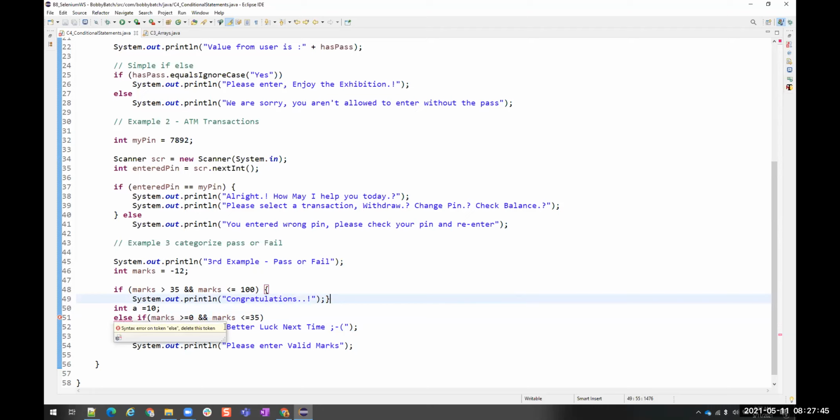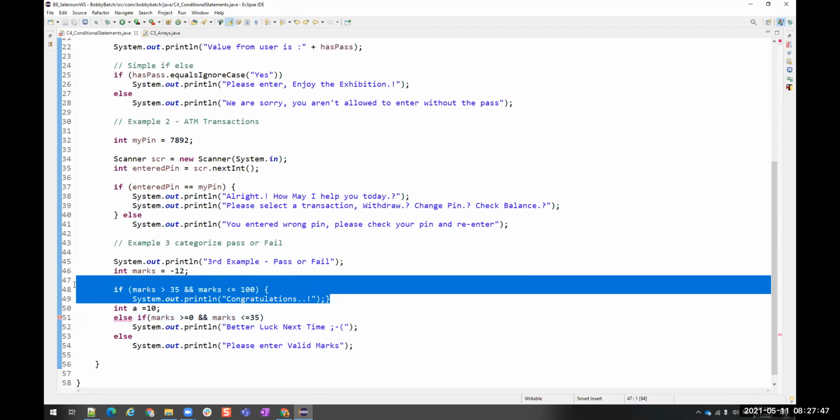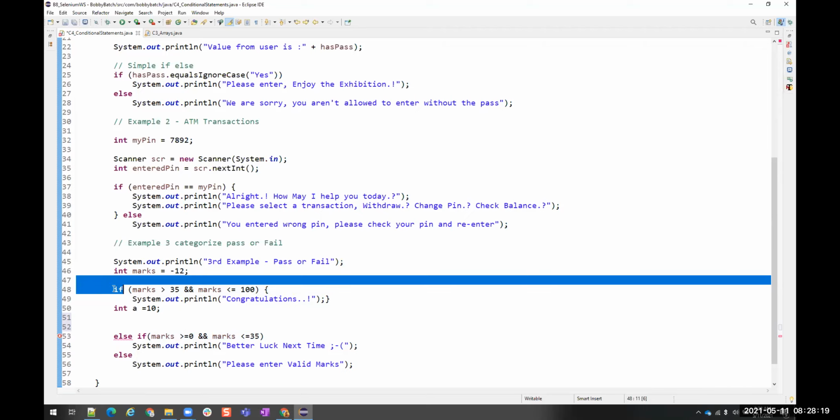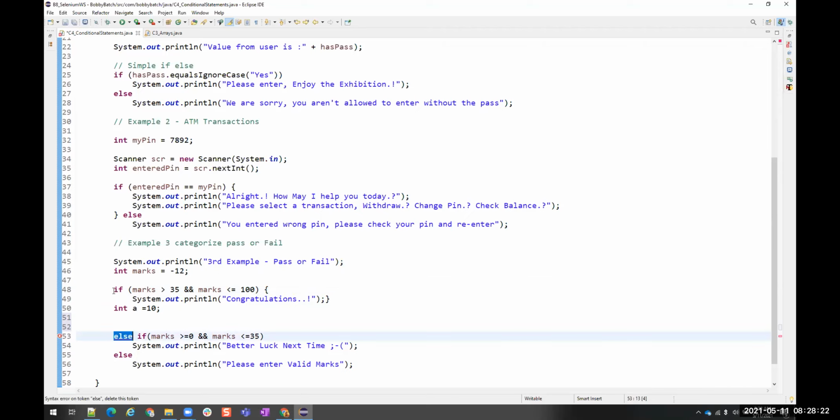Syntax error, else cannot be there, because it is assuming that it has ended here, and then this else is without if. So else cannot exist without an if condition. That is the reason it is saying syntax error at this place, because the previous statement is valid. There is no error in that statement. Without an if condition, else cannot exist. Else cannot go anywhere without if. If there is an if condition, then we can have else. If there is no if, then we cannot have else. Understood?